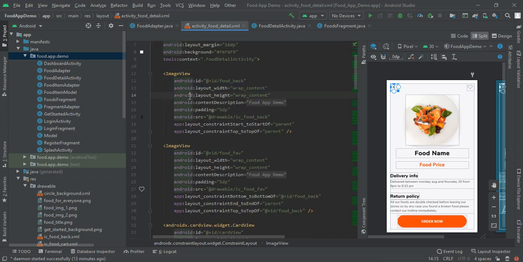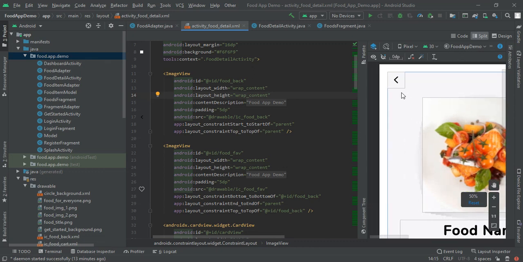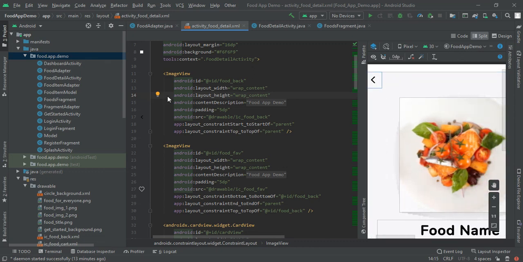First element is the food back button, which looks like this. You will find this in the code itself. Here we have a back button with wrap content for its width and height. I have set its padding to 5 dp so that it becomes clickable, and given a source that is food bag.